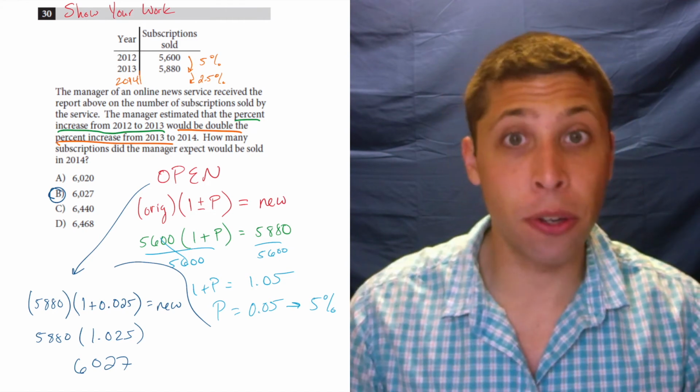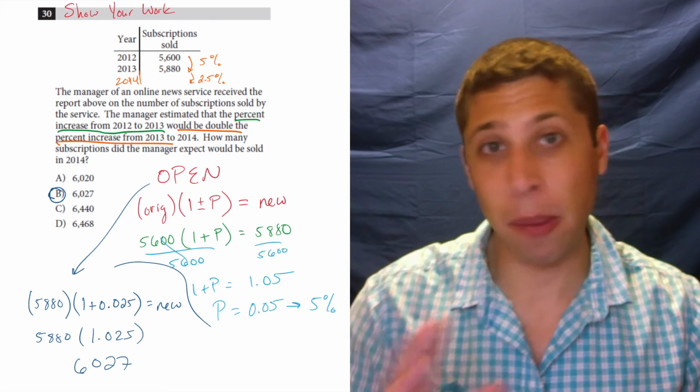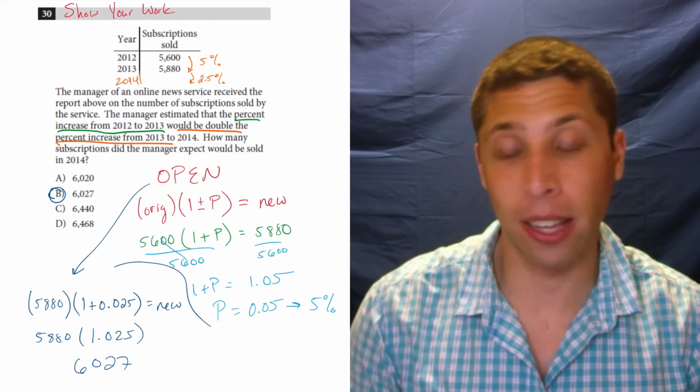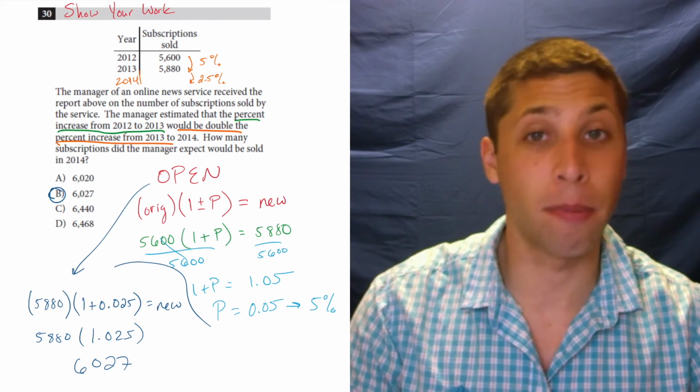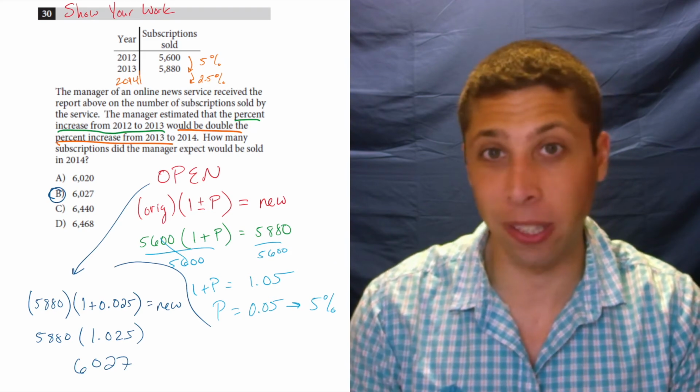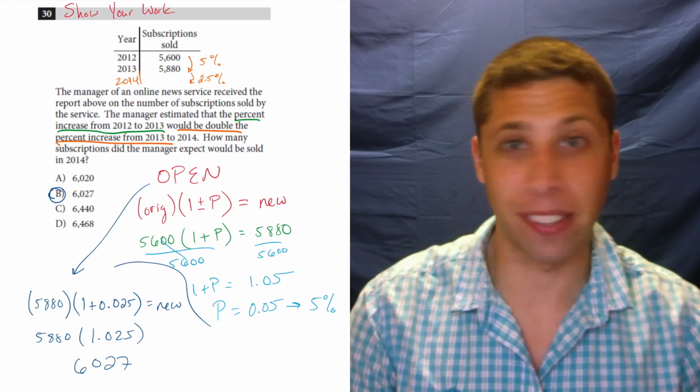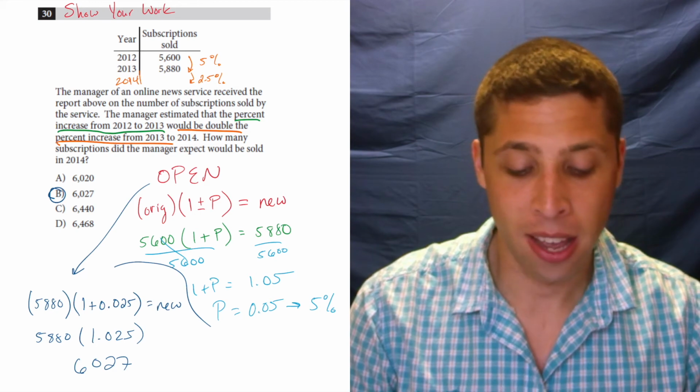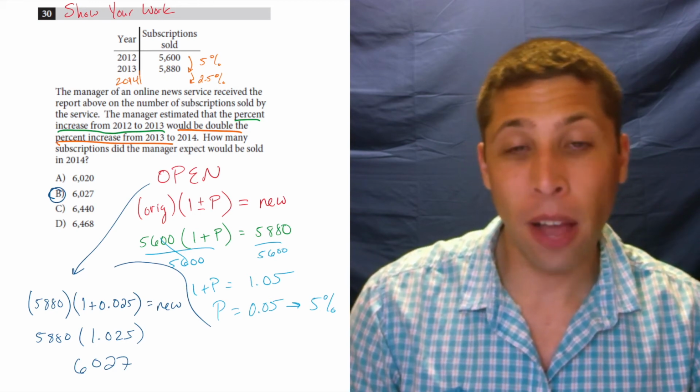Again, there are other ways to do it. Different ways that people learn percentages are going to work here, and if it worked for you, that's fine. My advice with this specific formula is that I use it because I know the ways the SAT tries to trick us. The other thing though is